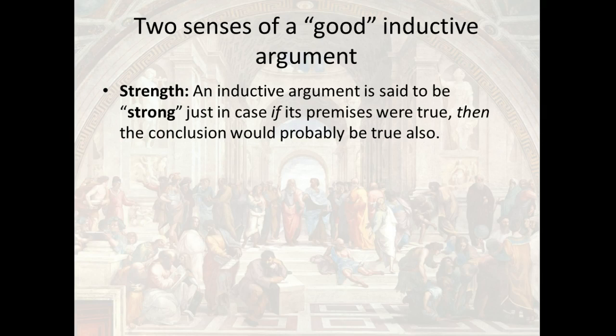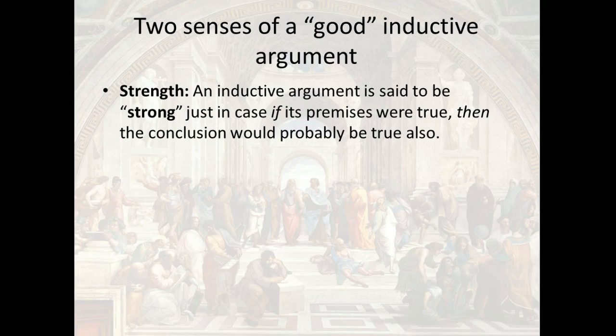Or how about, it snowed in Mississippi at least once in late June every year for the last 50 years. Now follow me on this one, right? It has snowed in Mississippi at least once in late June every year for the last 50 years. We conclude that it's very likely to snow in June again this year. Now notice, this is a strong inductive argument because if the premises were true, then the conclusion would probably follow. The fact that the premise is false means that, while a strong argument by our definition of strong, it's not what we'll call a cogent argument, which we'll explain in a moment.